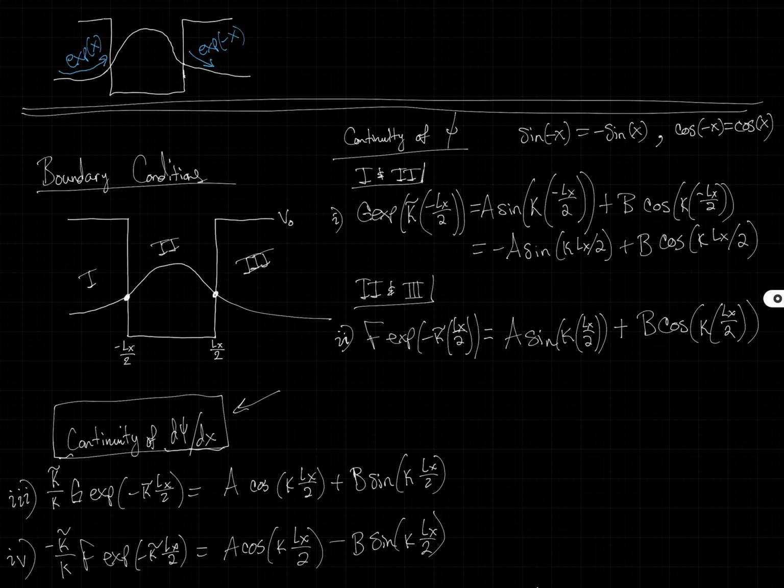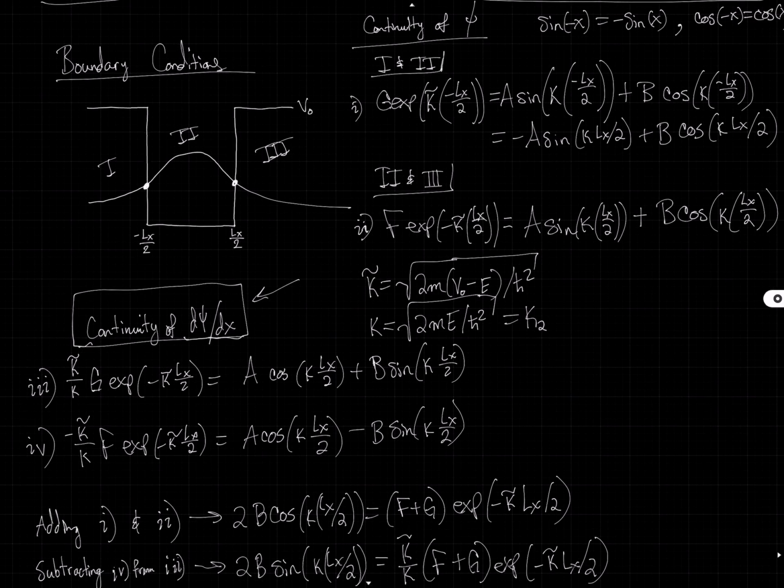One thing I forgot to point out is that you see this k here. I've already defined what kappa was, which was the square root of 2m(V naught minus E) over h bar squared. K is simply our wave vector of the well, which is the square root of 2mE over h bar squared. So I just wanted to point that out in case you haven't caught on. So I set k2 equal to k essentially, right? So in any case,